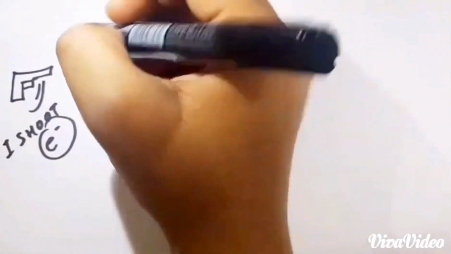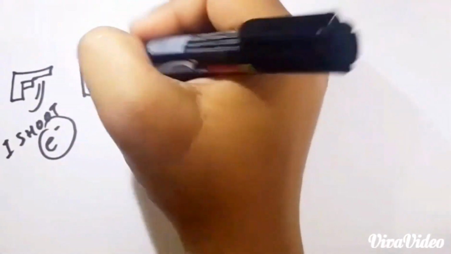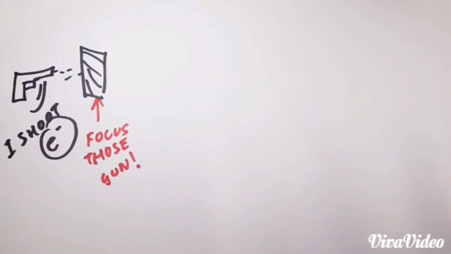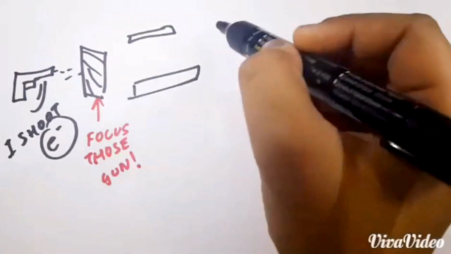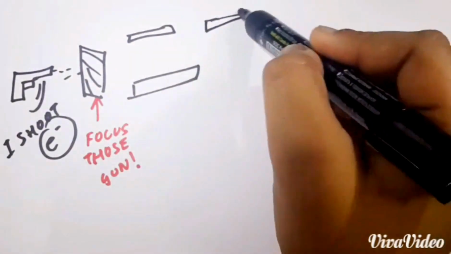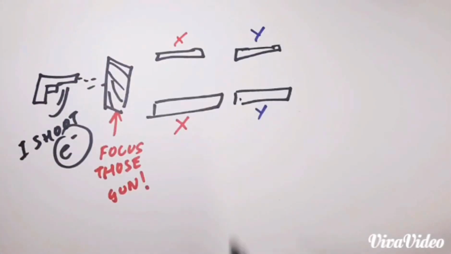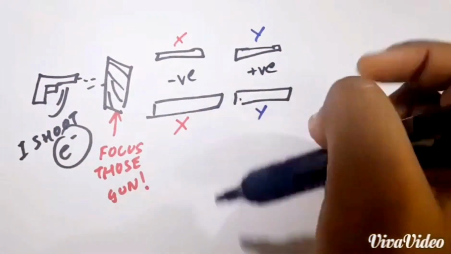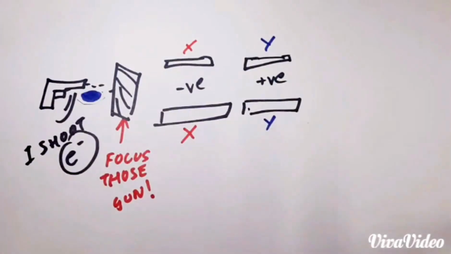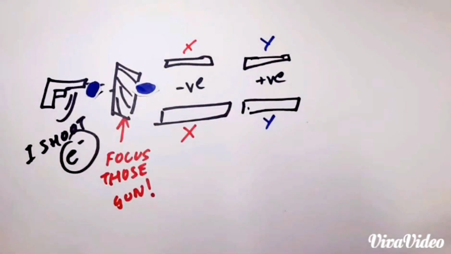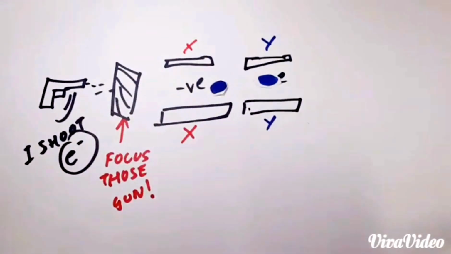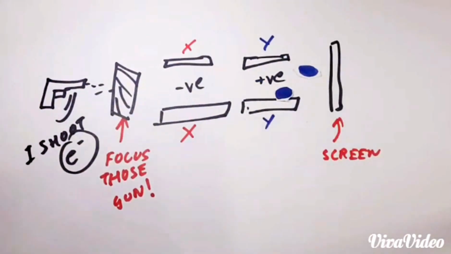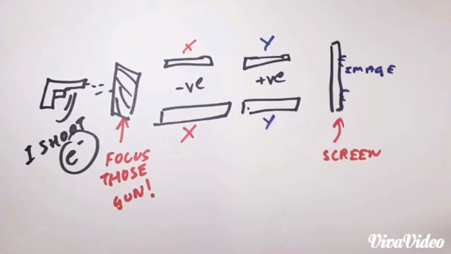Further in the arrangement we can see a focusing coil which was used to focus the beam of electrons, and then there was an arrangement of two pairs of plates known as the X plates and the Y plates, and these were negatively and positively charged. And thus by fluctuating the charge on the plates we can deflect the electrons to a certain extent to get our desirable image on the fluorescent screen, which was of course black and white, somewhat like this.